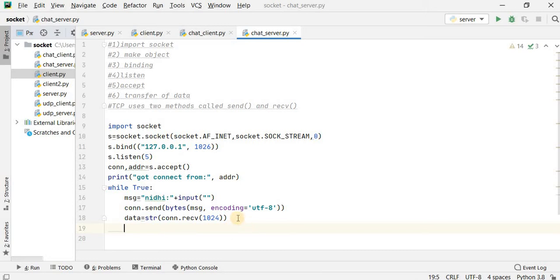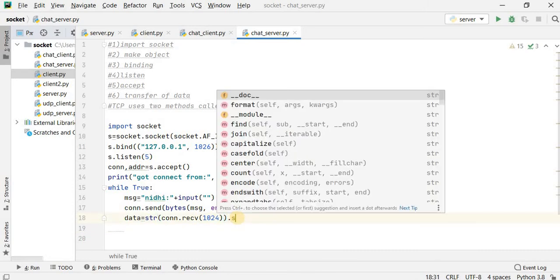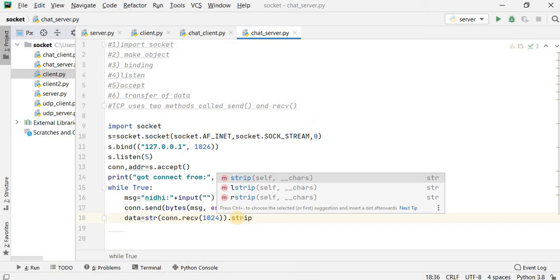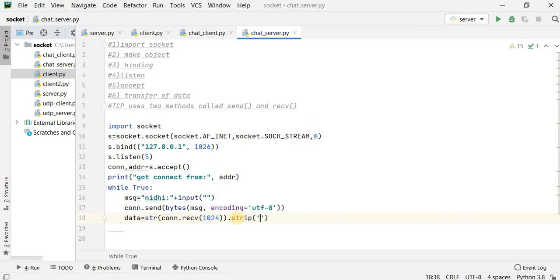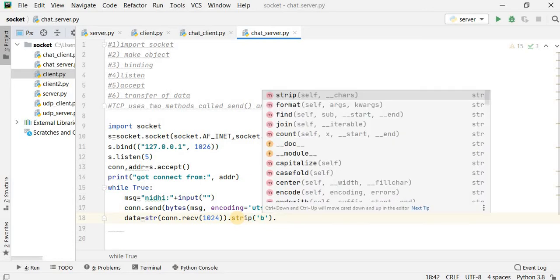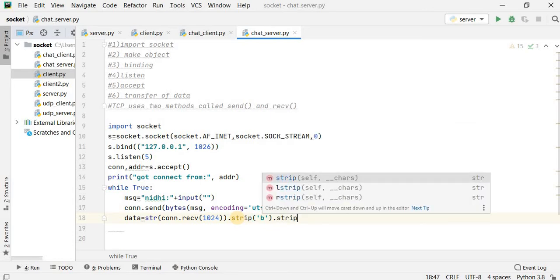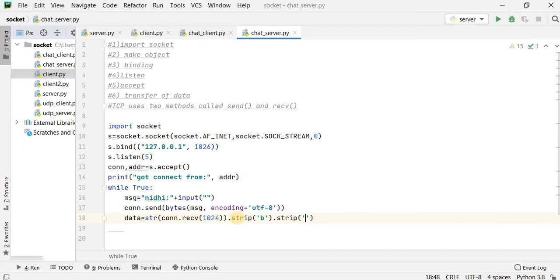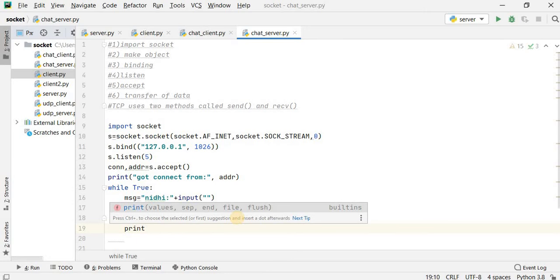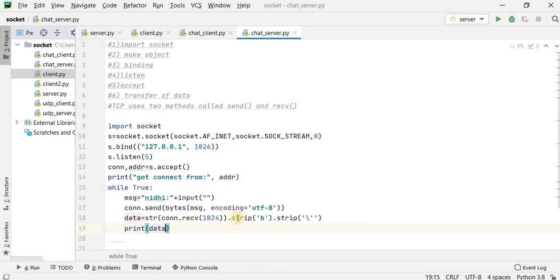In order to delete that, we have to call a method called strip. In the strip you have to remove the b and mention this one. This way the b will automatically vanish. Then you have to print the data, and all the data will be in string format.